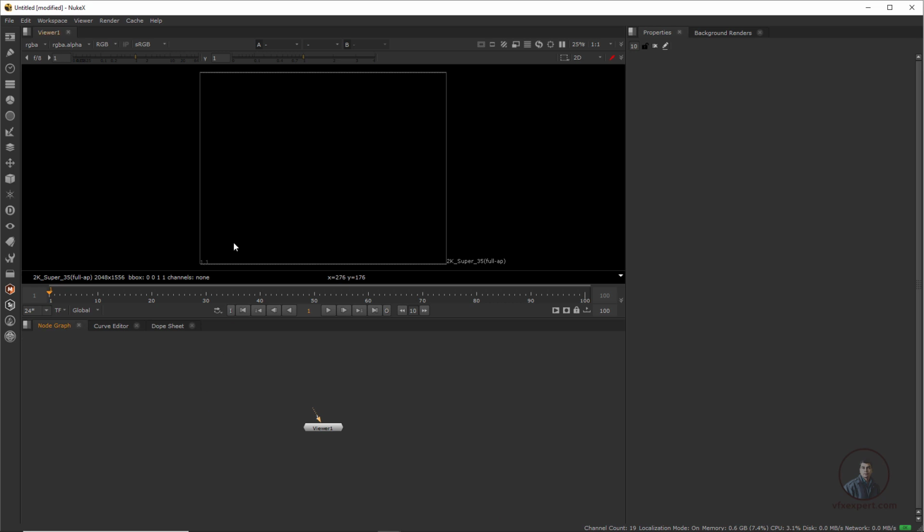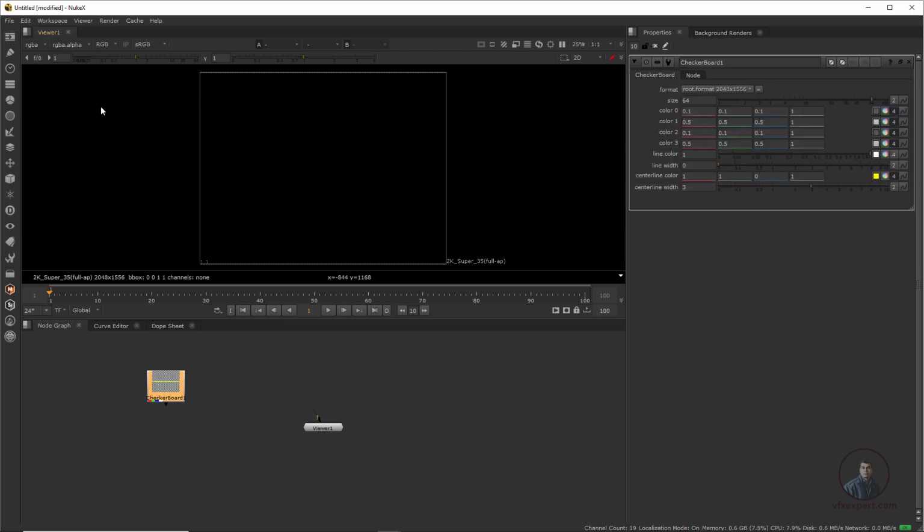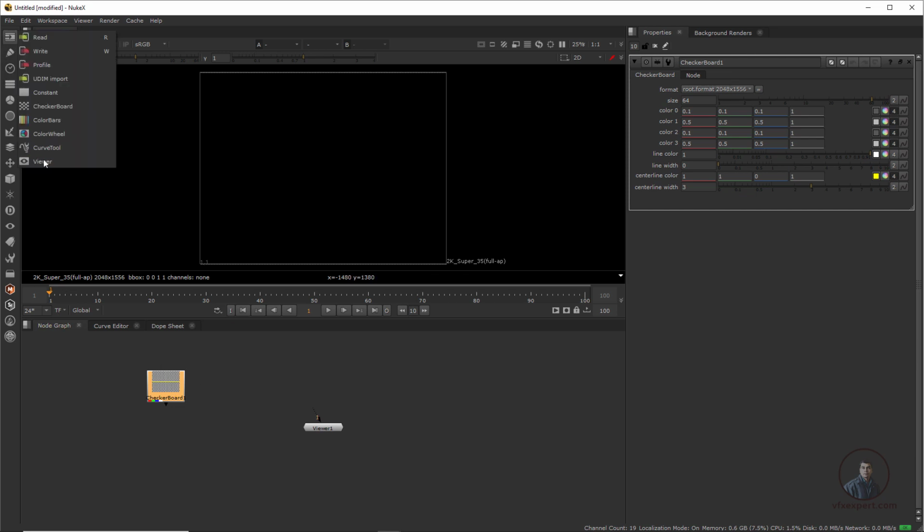Now here, first we are going to see our toolbar. Suppose in Nuke you want to add any node, then there are several methods. First, you can simply click on this toolbar. Maybe this is image tools here. Inside this you will get Read, Write, Constant, Checkerboard, all these nodes. Suppose from here you want to add any node, then simply click here. This will add your selected node inside our node graph. Like this you can add many nodes inside our node graph. Maybe again simply click here and click on this Constant.